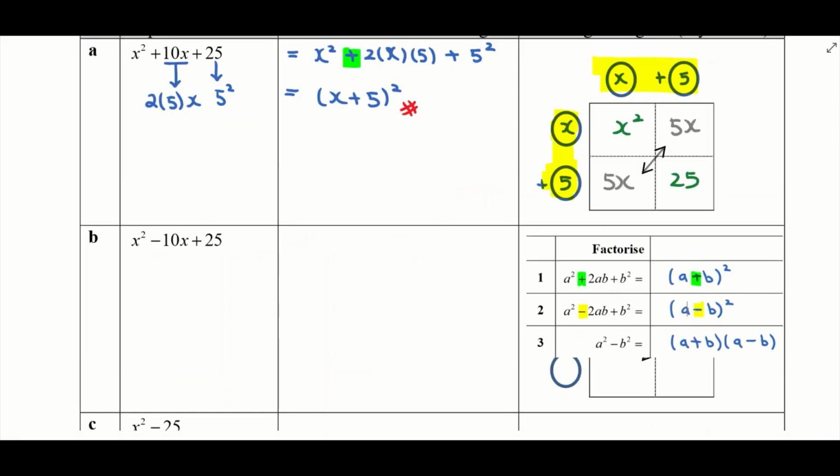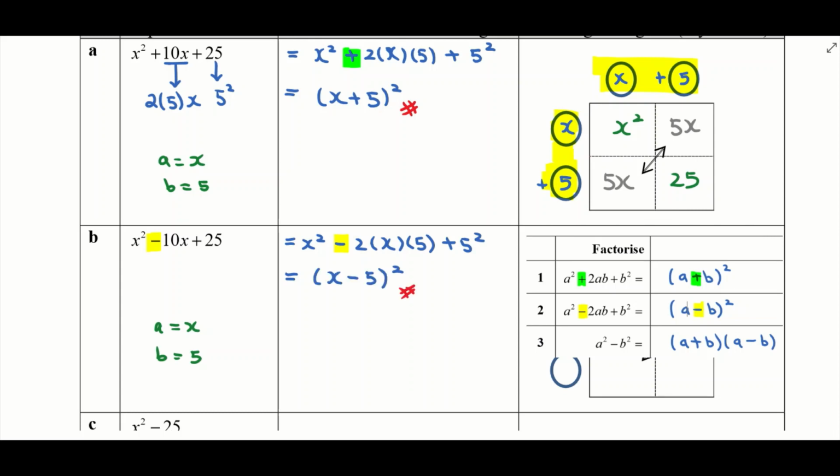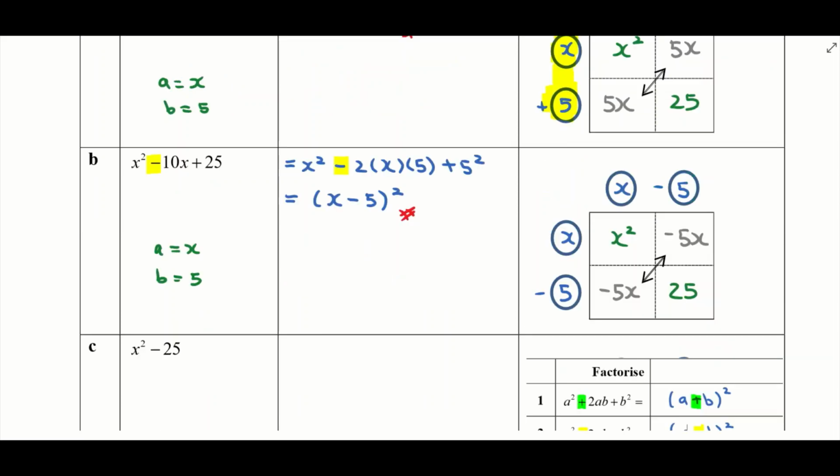Part B looks the same as part A, except for the negative sign. So let's think, what are the three identities that we have and which one does this question look like? Well, it looks like the second one, a squared minus 2ab plus b squared equals (a minus b) whole squared, where my a is x and b is 5 in this question. So the answer is (x minus 5) whole squared. This will be the rectangle diagram, but it's not necessary to do this